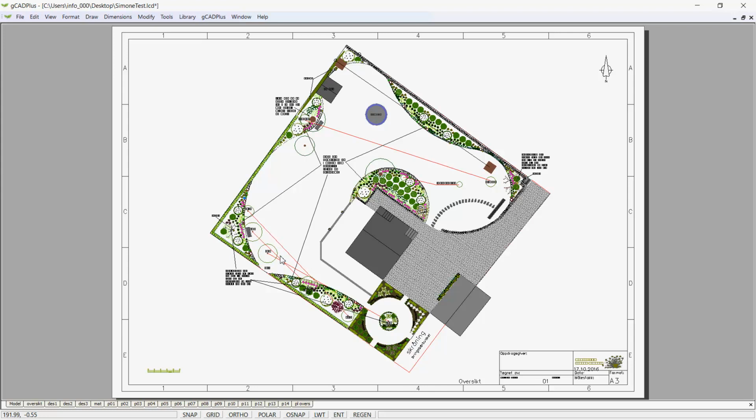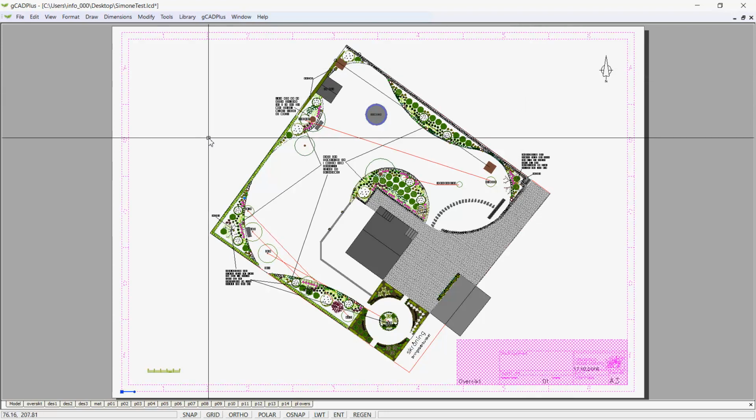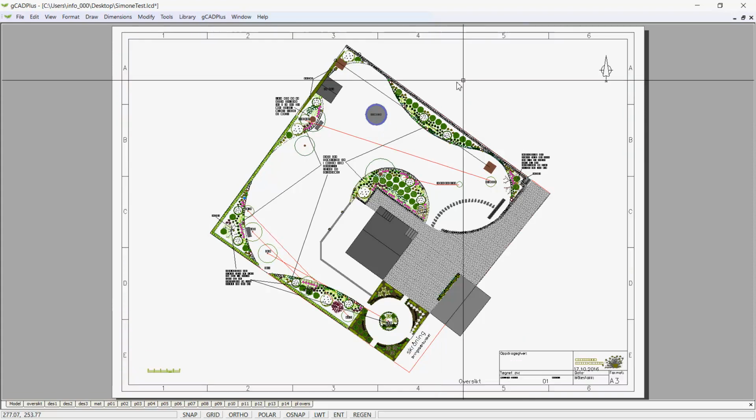Well, drafting standards in many countries specify a frame around the presentation of CAD drawings. And if we click on this one here, you can see there's a frame around this drawing. What is useful, because you don't always want that frame to show and it tends to clutter things up, is